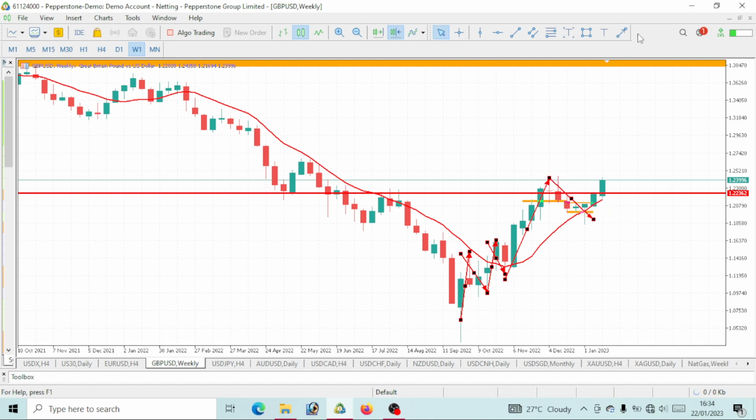This is a pullback. So of course, this week we are expecting more move that will actually take out this previous high. So a new high needs to be formed on GBP USD. That means this previous high will be taken out, and for the new high to be formed, then GBP USD will go bullish. So we will be expecting more bullish move on GBP USD this week,